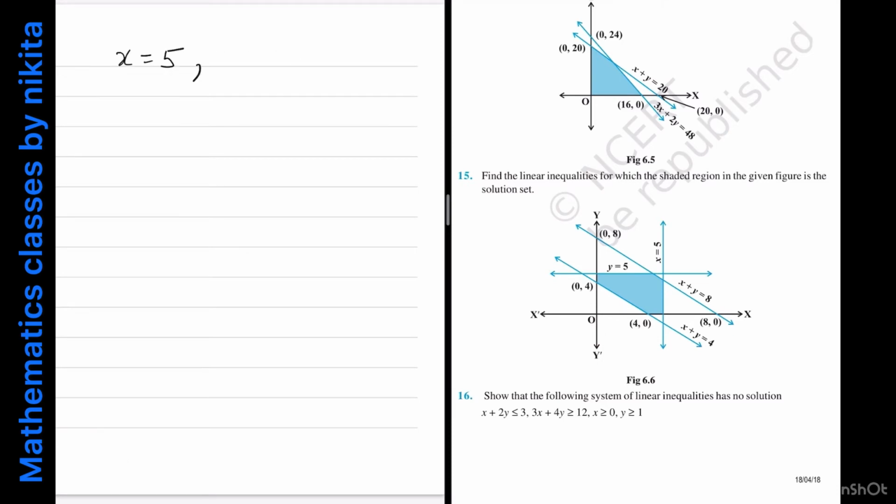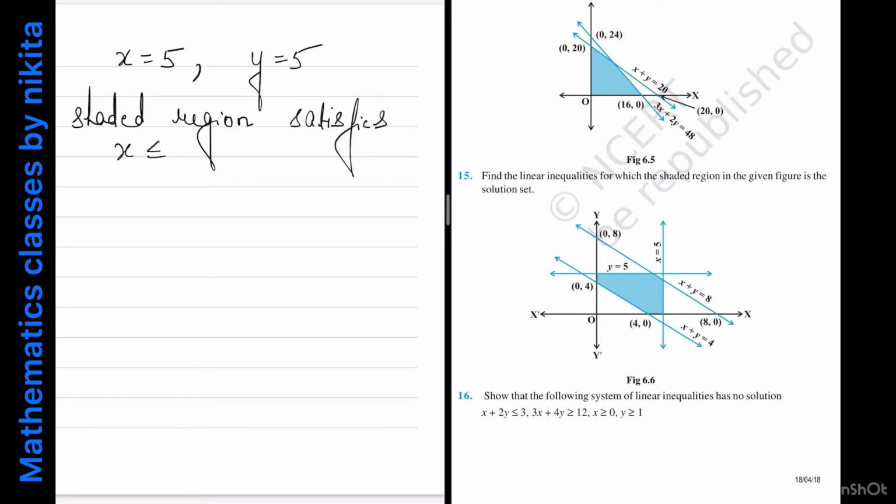Okay, now we consider the line x equal to 5 and the line y equal to 5. So I can consider both the lines together. Now you see this line x equal to 5. Now you can see that again this vertical line divides the plane into two halves. One is your left plane and the other one is your right plane. Now both origin and the shaded region lie on the same side of the line, and if you notice that origin actually satisfies which inequality, that x is less than or equal to 5. Okay, so therefore the shaded region satisfies